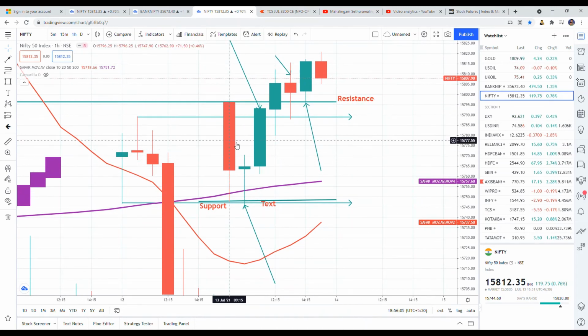This is a 1 hour chart. Last we were seeing the 15-minute chart of the price action. Look at the 1 hour chart. After seeing this 1 hour chart, if you are not able to understand the price, then it's up to you guys. Okay, this is the 1 hour chart.